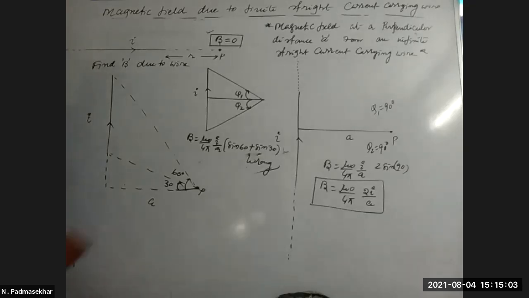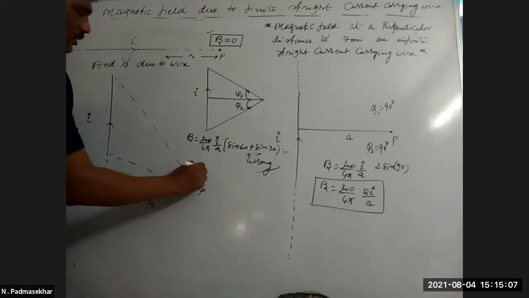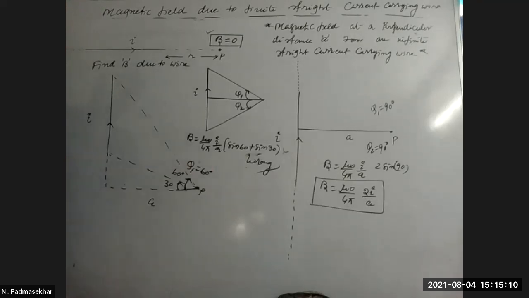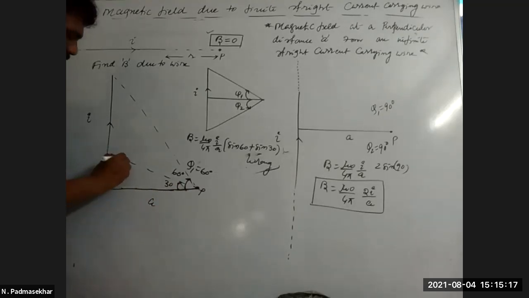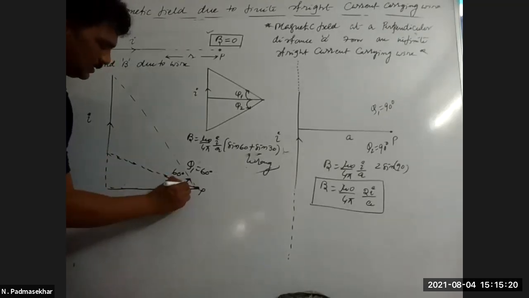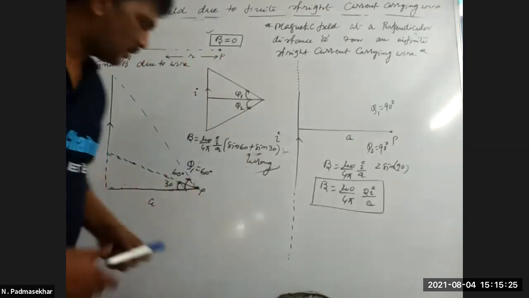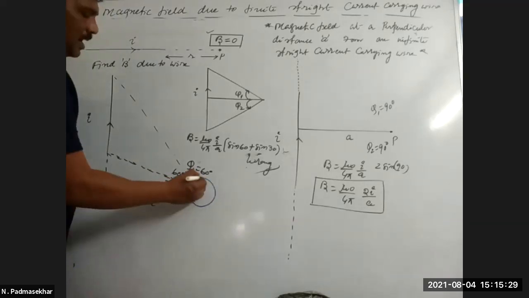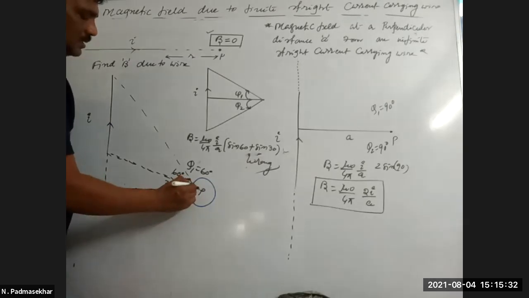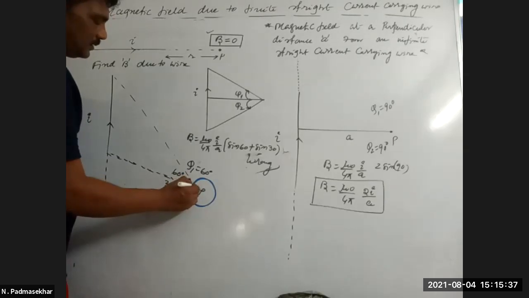So phi 1 is okay. Phi 1 is equal to 60, okay. For phi 2, the angle from the point must be taken in the direction opposite to the line. So from here you consider the angle like this. This is the angle. Opposite direction means this is the angle.